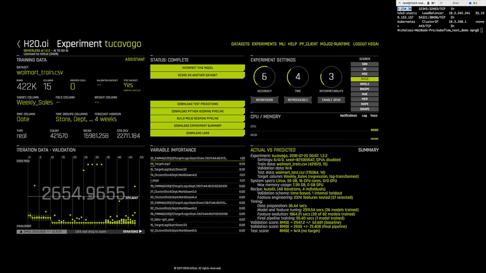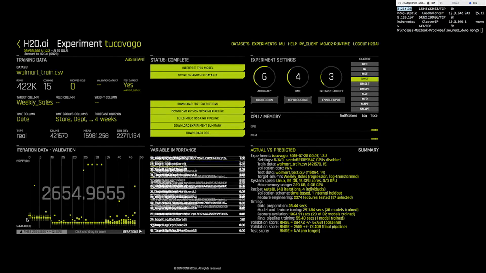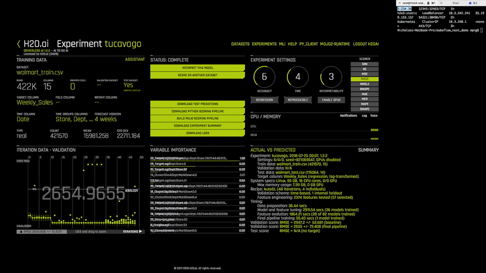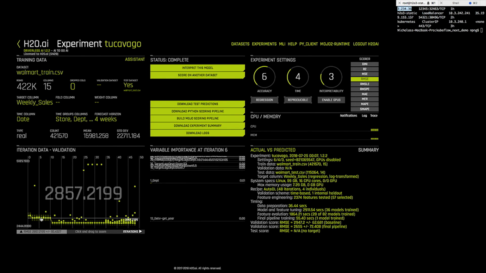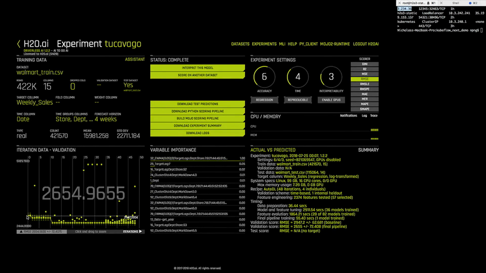The other thing you can take a look at here is the iteration. Over time, it started out with a couple of models, and you can see there are some outlier models which were really not high performing. Obviously, the lower the RMSE, the better, right? We started out at around 2,600 RMSE, and the final model is a little bit less than that.